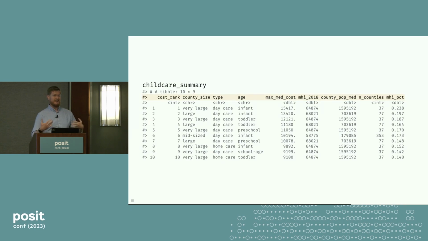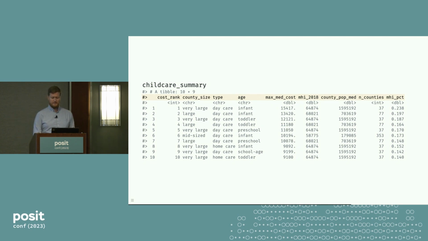So far I've been kind of pretending like these variables come from the global environment, and they could. You could be calculating each one of these, and you could save them in a variable or something. But most likely you're going to put this in a data frame, right? You have a data frame. You've been using that to summarize. And you can see now, this whole time we have actually been sneakily using a data frame, and you can see the columns that we've seen so far, like max median costs right there in the middle, and age.